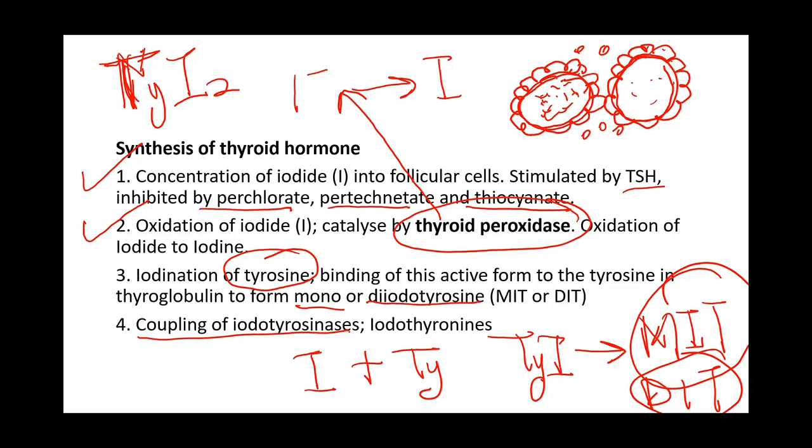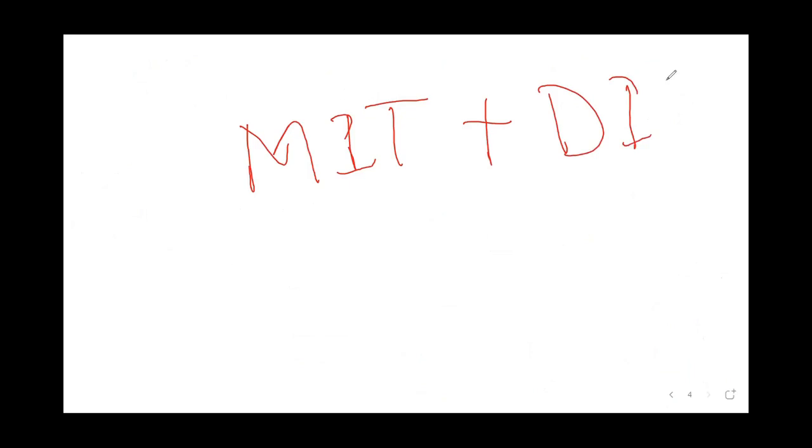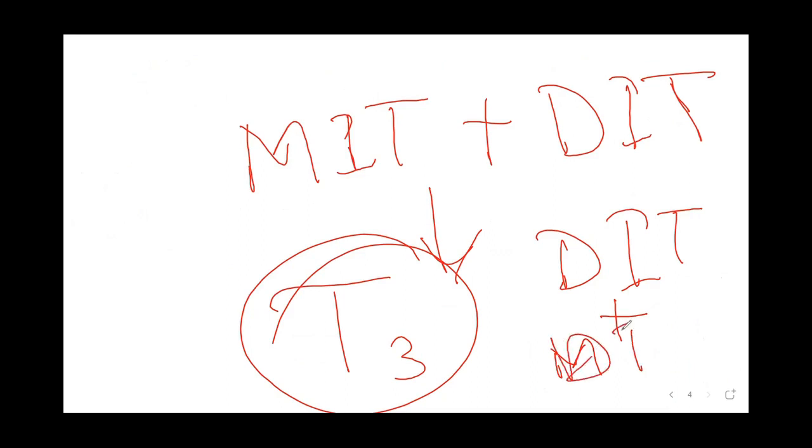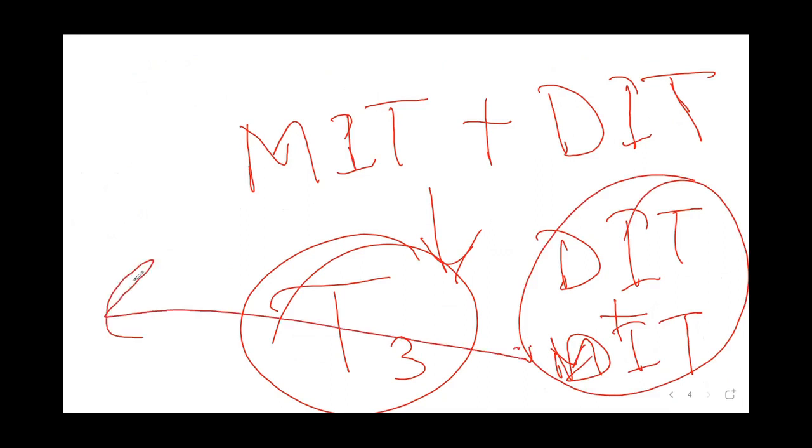So what we mean here is when you have monoiodothyronine, okay, coupling with diiodothyronine, you have triiodothyronine, which is the active form of the hormone. When you have diiodothyronine coupling with another diiodothyronine within the colloids, they form thyroxine, T4, which is tetraiodothyronine. Okay, so